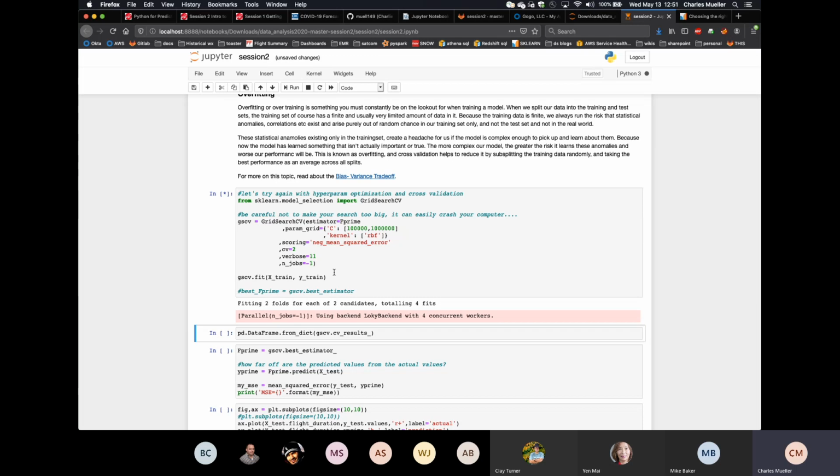And so what it's doing now is it's scanning over this grid of possible values. So it's training the model. So we've got 2 different unique sets of hyperparameter combinations here, and we've got 2 different folds in our cross-validation. So 2 times 2 is 4. So we're fitting the model 4 separate times, and we're asking, which one had the best